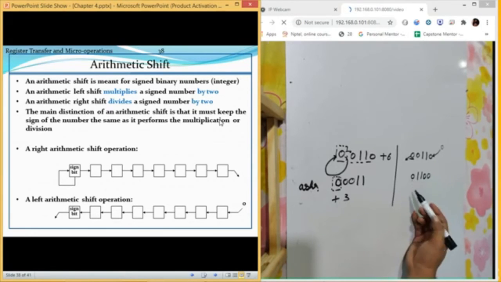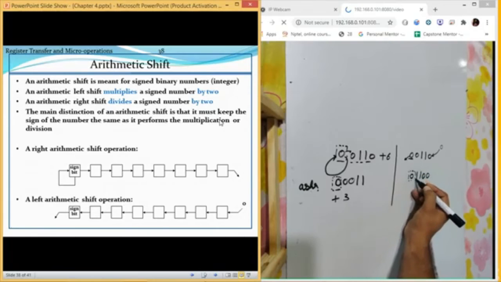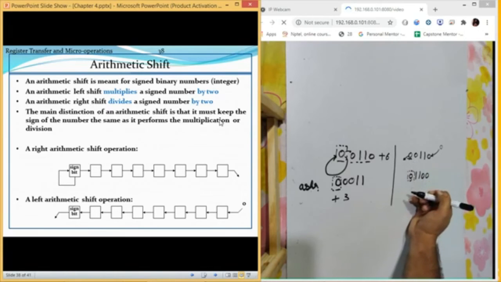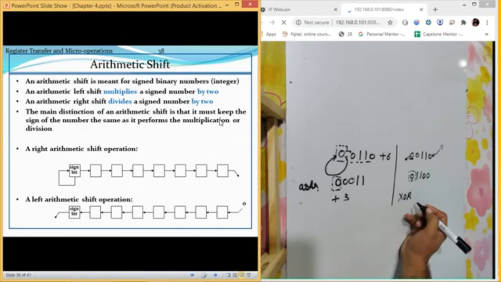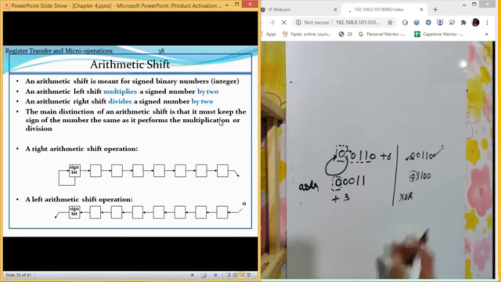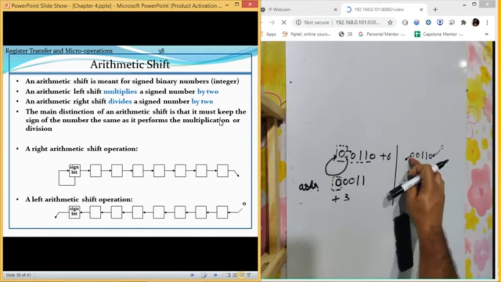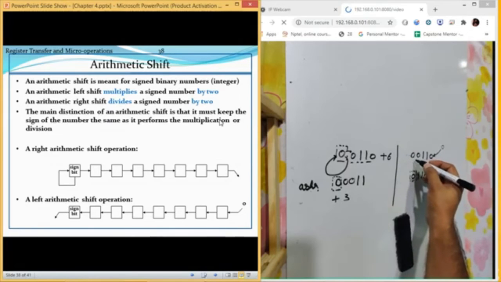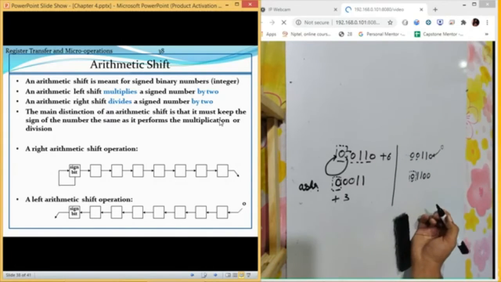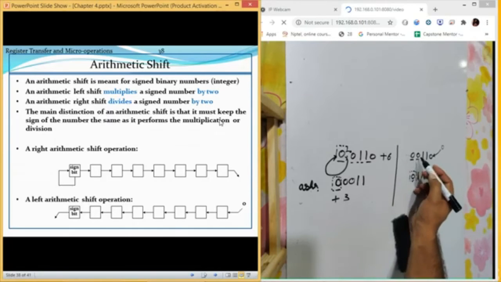Now what is going to happen? This is our sign bit now. Earlier the sign bit was this. Now the new sign bit is this. Now how to keep these two bits the same is very easy with the help of a XOR gate. We discussed it. XOR helps us compare two bits. So to ensure the sign bit remains the same, we simply compare the leftmost two bits. We will just put a XOR gate between these two bits.